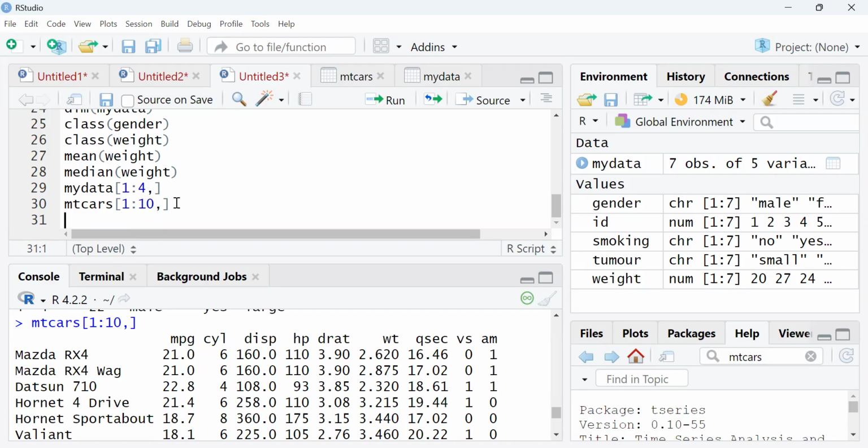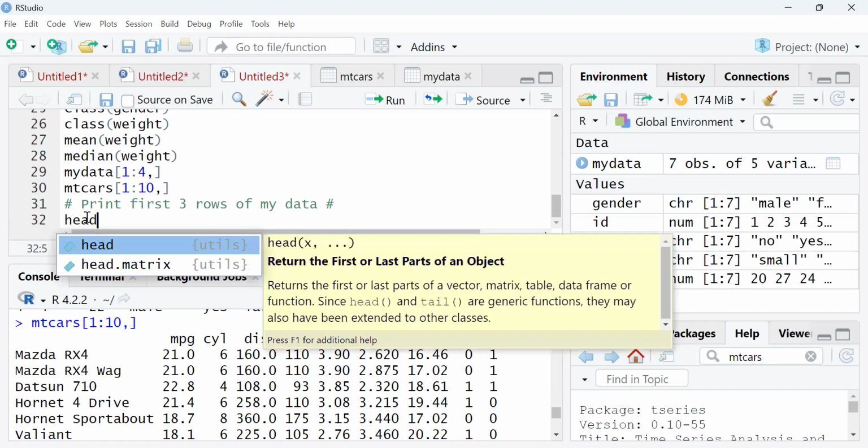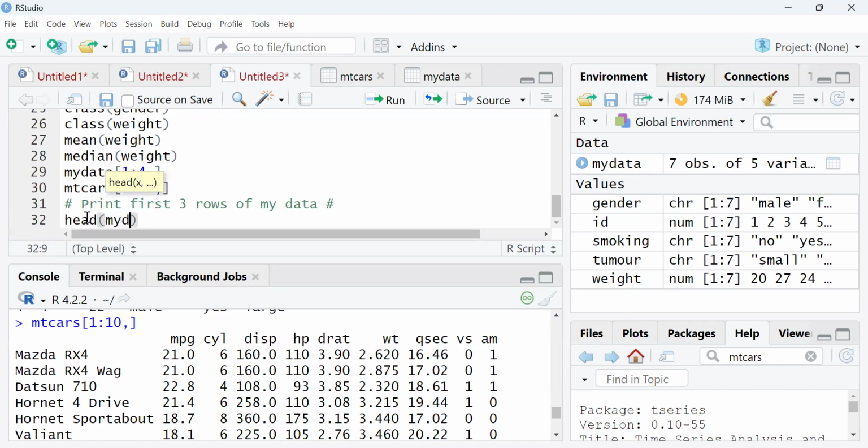Okay. Now let's move on to the next concept here. Just type here print first 3 rows of my data. Just type this, all of you. I'll show you how it works. Just type hashtag. So hashtag means what? Just for information. Okay. Just type this code: head, open the bracket, my data,